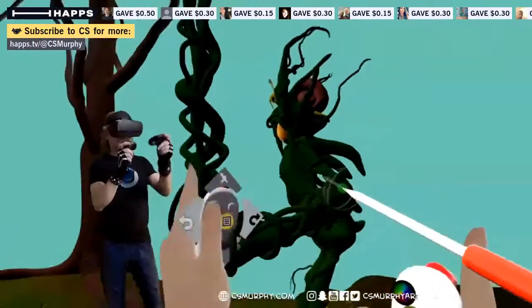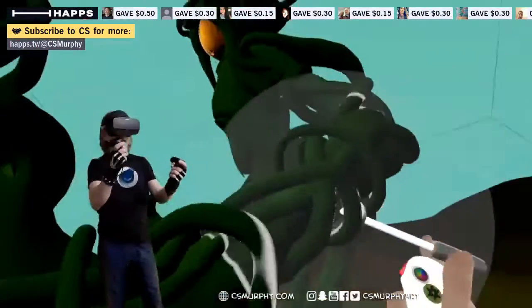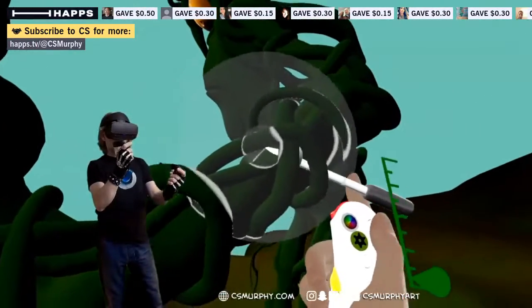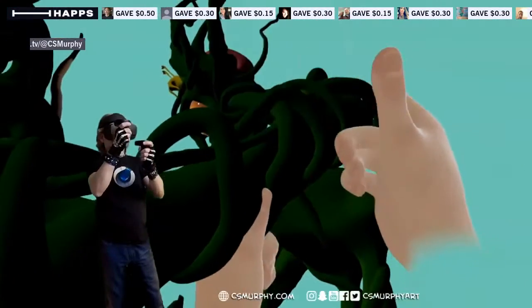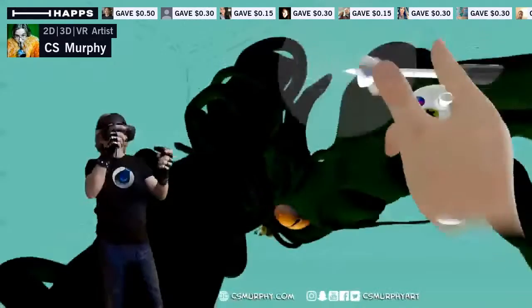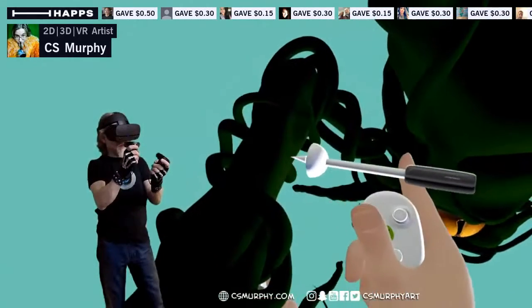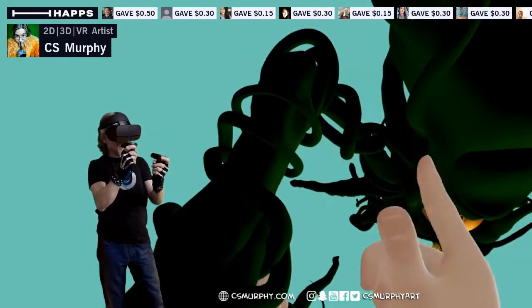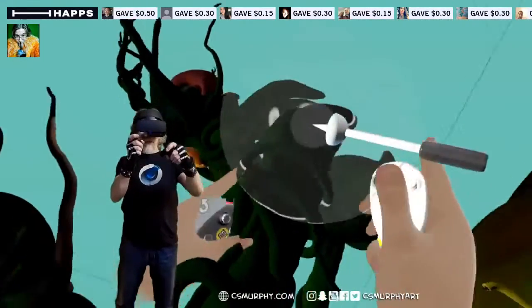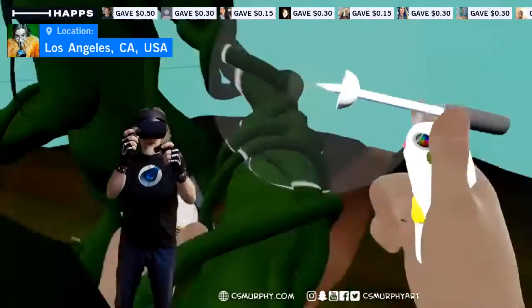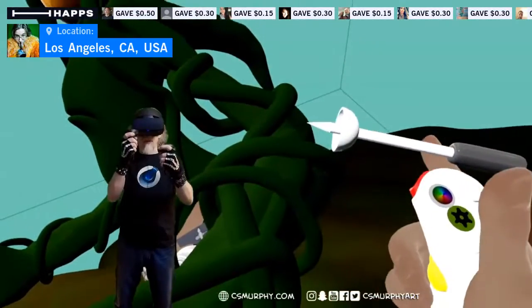All right, let's see what we can do here. So we'll go into my move tool here, and we're just going to move things about ever so slightly. And we're also going to respect the ones that we've already created here. We're also going to respect the laws of physics and all that fun stuff. We're just going to move this back and tighten it up a little bit. I don't want it to look like it's loose, you know, so I'm going to take the time to make it look like